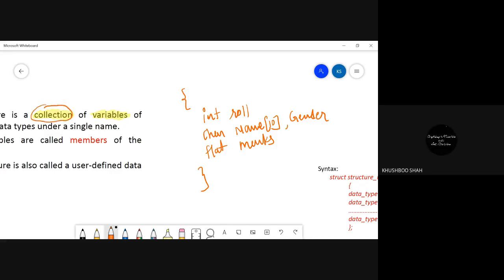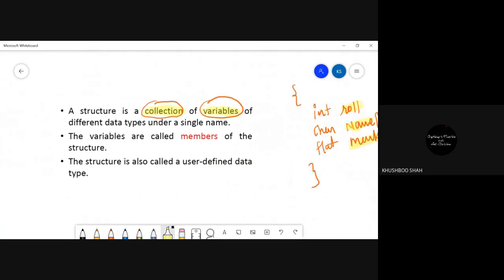Collection of variables. How many different variables do we have here? Four. Which four? Roll, name, gender, and marks. Perfect. So a collection of variables of different data types. Do we have different data types?